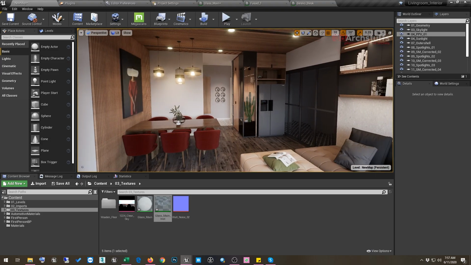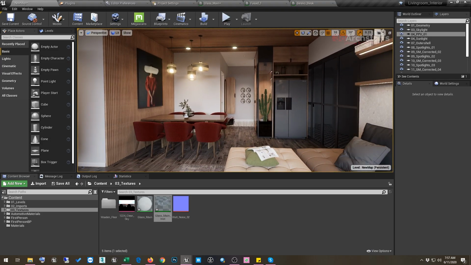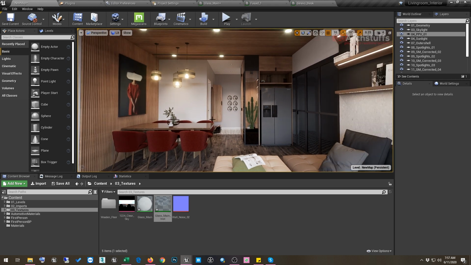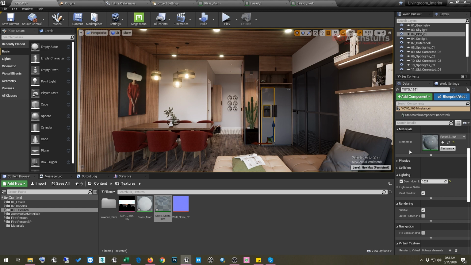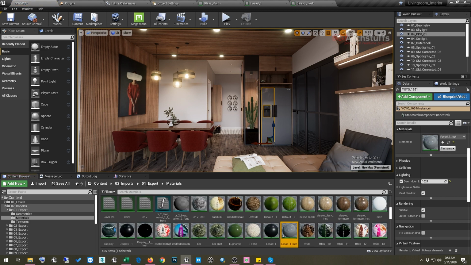So as you can see, we already have enabled ray traced reflection and ray traced translucency in the scene, and we can apply this material on this object also. We can select this metal material, search it, and apply it on this also.